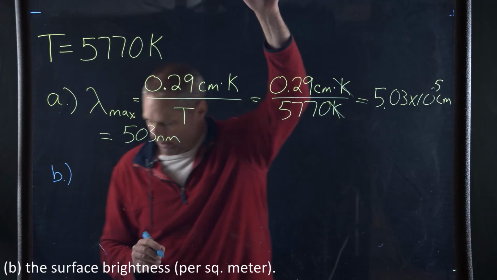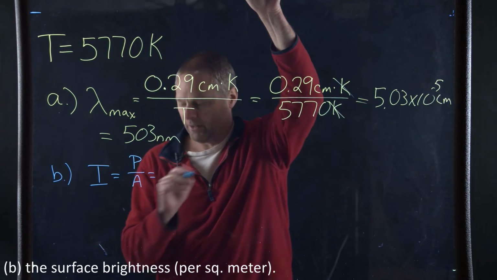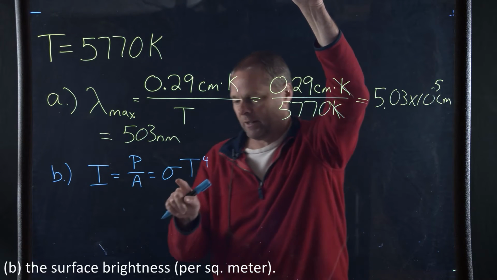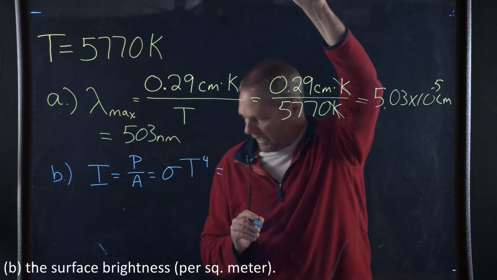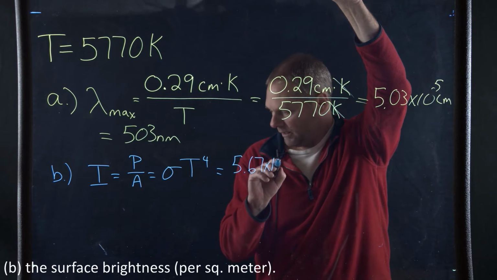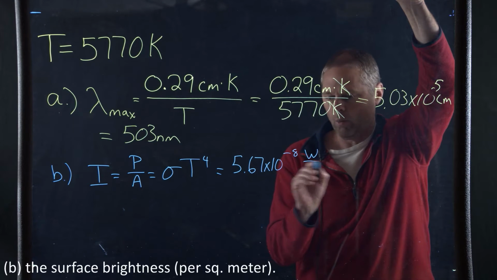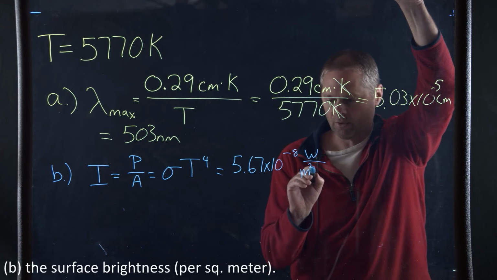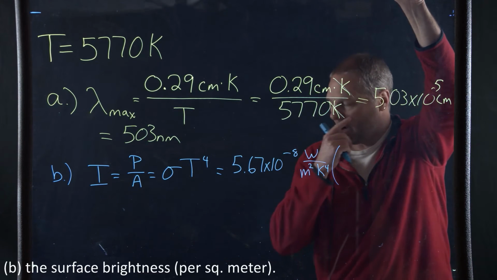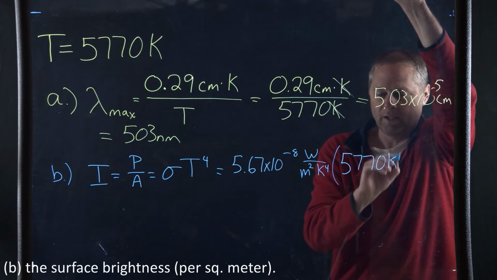So for part B, we're going to deal with the intensity is equal to the power over the area, which is equal to sigma times the temperature to the fourth power. Now sigma is going to be a constant, and that sigma constant is 5.67 times 10 to the negative eighth, and this is going to be units of watt per meter squared Kelvin to the fourth. And so we multiply that by our temperature to the fourth power, which is 5770 Kelvin,